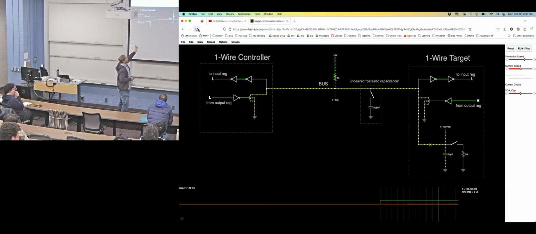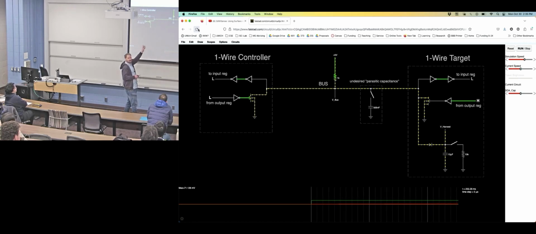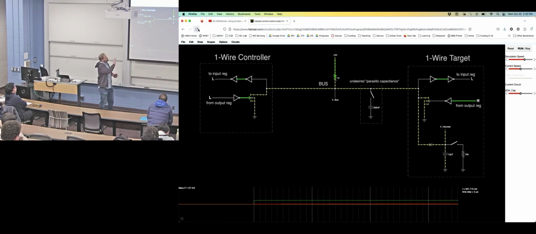So here, we just have one line, and no plus, ground's not shown. We're going to use an I squared C topology so that we can do bidirectional communication, right? Either the controller or the target can take control of that bus line and pull it low to send bits back and forth. We're going to have to use some packet headers because there's going to be more than one of these on there. So for our arbitration method, each one of them is going to have an ID.